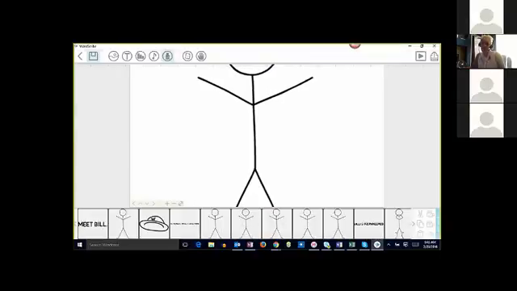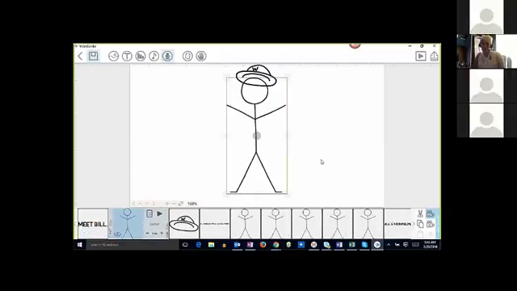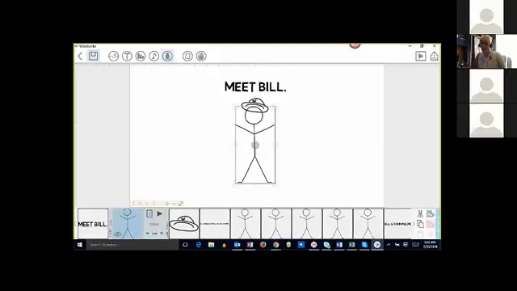Where I've set my camera is exactly what it's going to look like. So what I do is I lay it all out, and then I set my camera for each of these frames on how I want them to look. Obviously that's way too big. I would rather have something like this. So I would click on that object, I would unset my camera and reset my camera, and now when I play it,